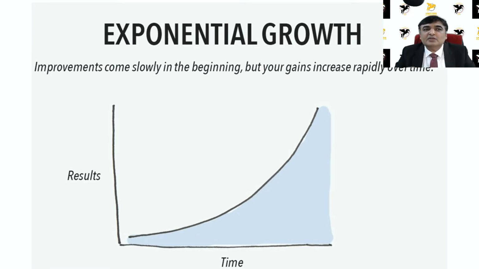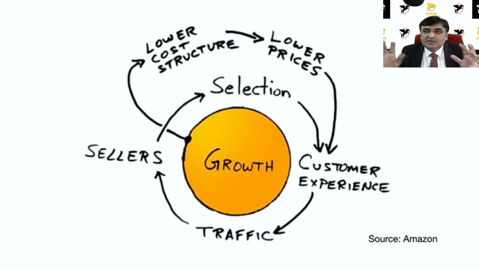A flywheel process puts your business into perpetual motion, where if you leverage one component, it leverages all your components, and it results in a bigger brand, bigger customer base, bigger economies of scale, rapid growth, everything you ever wish for. So let us see how Amazon's flywheel works, and then I will explain how you can put that into your business. Okay, so this is how Amazon's growth is leveraged.